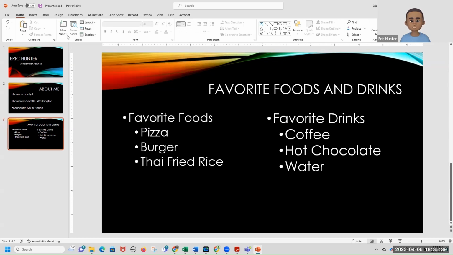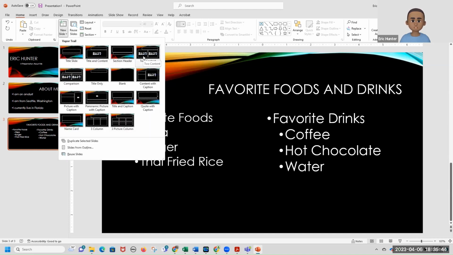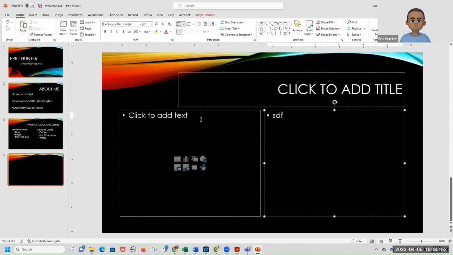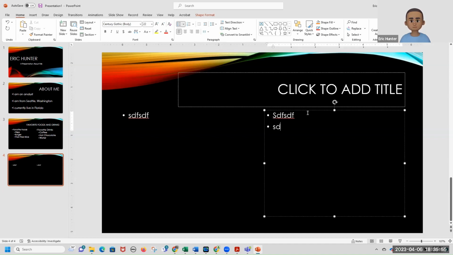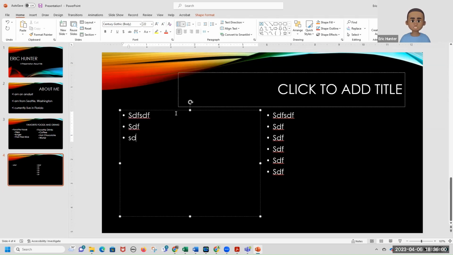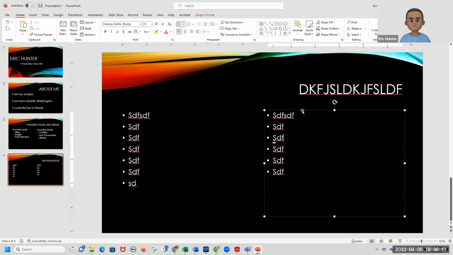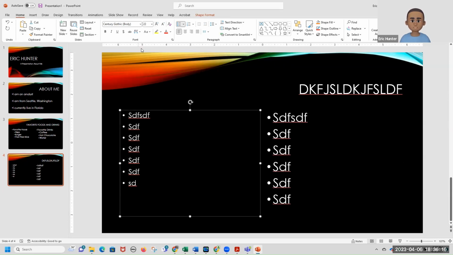And the same thing happens, right? So let's say I wanted to add one more slide right now. I could go to new slide and I could select content, and it gives me a new slide where I have 2 different text boxes. These are text boxes where I can add data, right? Add some data, hit enter. Every time I hit enter, I get a new bullet. Come over here to this one. Every time I hit enter, I get a new bullet. Come up here and add the title for that one. And then we're off to the races. And again, if you want to increase your font, you can always click here, increase the font, click here, increase the font,